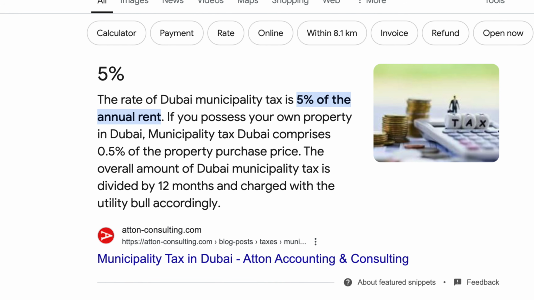5,150 dirhams. And that is still not all, because there is also what is called the Dubai municipality tax, which is calculated at 5% of your total rental value. The way you pay this is that it's basically added every single month to your DEWA bill. So as part of your DEWA bill, you're going to pay this 5% tax in 12 monthly installments. Again, another thing that my agent did not tell me about, even when I asked about this, like, are there any other fees? No, there's no other fees. So for the year, that will amount to